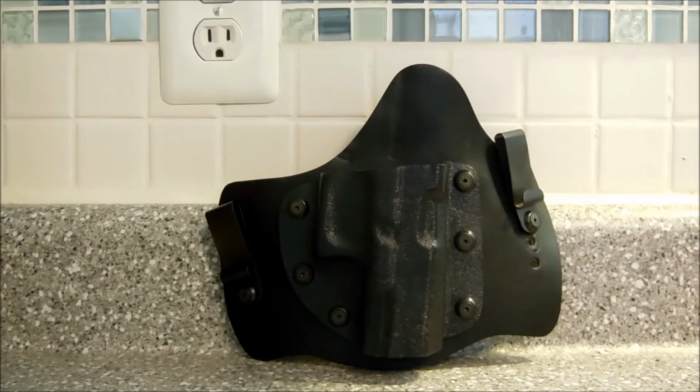The shipping on this holster was very fast. I ordered it on a Thursday, and it got to my house Friday of the following week, which is really fast. Usually any other holsters like this, it takes 2 to 4 weeks for them to ship them out, which is ridiculous in my opinion. I'm not getting into that, but